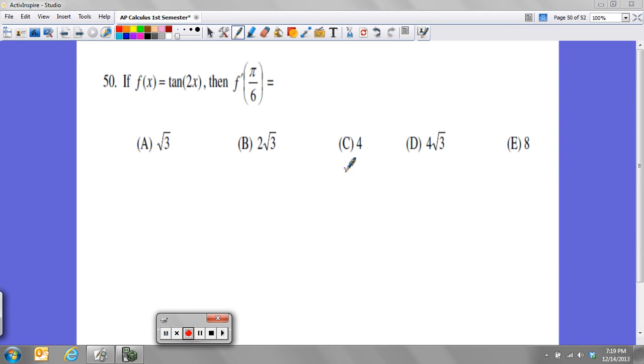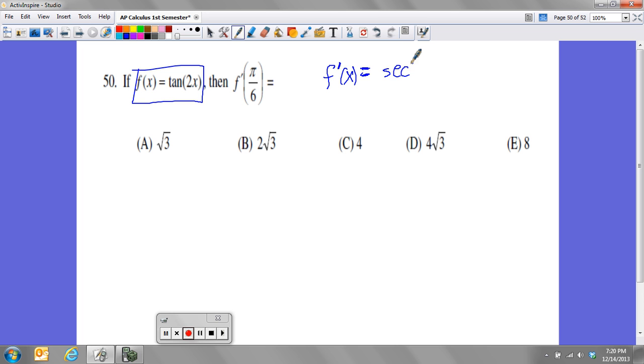Okay, so number 50 says if f of x is equal to the tangent of 2x, then f prime of this value is what? So all I need to do is find the derivative and plug in the input of pi over 6. So f prime of x is equal to, well, the derivative of tangent is secant squared, and